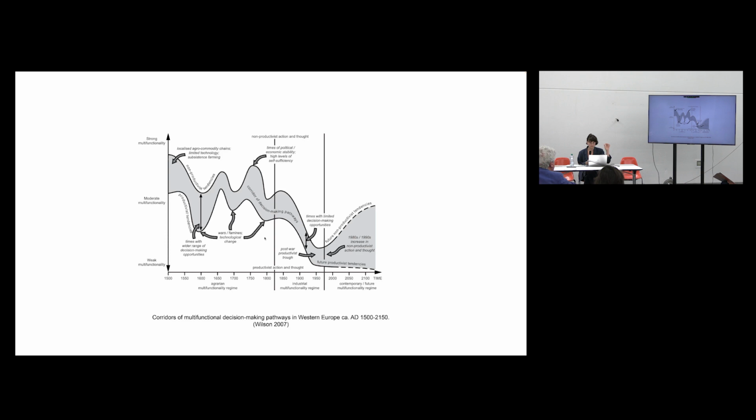I would like to start by showing this graph, which shows tendencies in agriculture. On the top, we have a strong multifunctionality, which means a lot of mixed use spaces and non-productivist spaces, with a high orientation towards subsistence. On the lower part, we have a weak multifunctionality, which is normally the productivist part of agriculture, characterized by monocultures, and which can be called industrial or entrepreneurial farming style, compared to the upwards, which can be described as a peasant farming style.